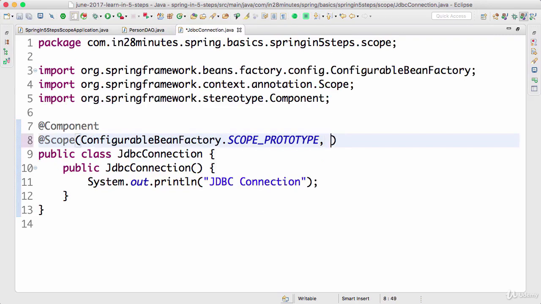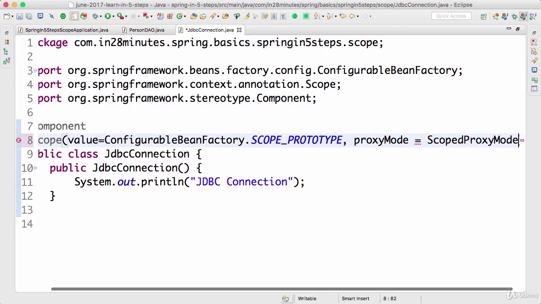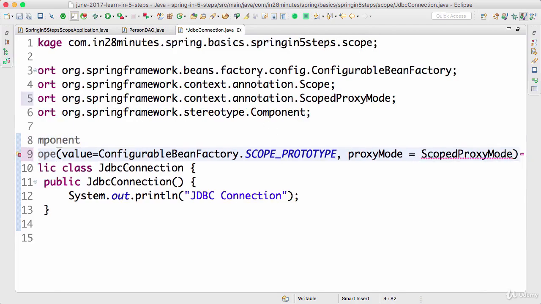You need to add an additional attribute in here. And when we want to add an additional attribute to the annotation, what I need to start first is, for the first one, I need to say value is equal to this. And now I can say proxy mode is equal to, there's a class called scoped proxy mode. So let's use that. I imported it in here.